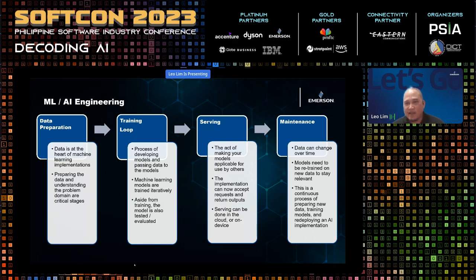So that's the purpose of serving. And again, there are patterns for recurring situations when you serve models. You can use well-known or identified architectural implementations to help you make it more efficient. And then lastly, and something that typically comes up when we talk to customers who want machine learning or AI implementation, is really the maintenance.